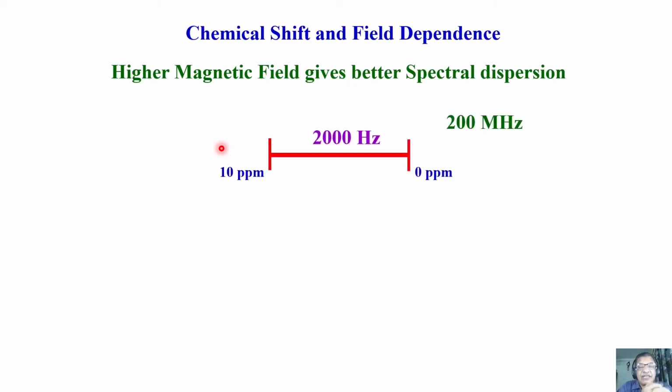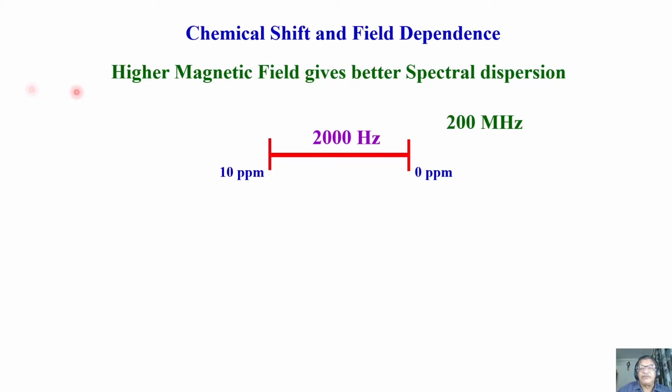I am going to, let us say, take a spectrum of proton at 200 megahertz, a proton spectrum of some molecule. Let us say I have recorded from 0 to 10 ppm. What did we understand so far? Expressed in ppm, this is 200 megahertz. You have to multiply the ppm value by the resonating frequency, that is 200 megahertz. So don't consider the unit megahertz, just multiply by 200. 10 ppm into 200 is 2000.